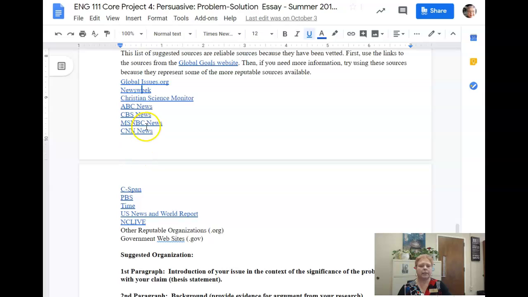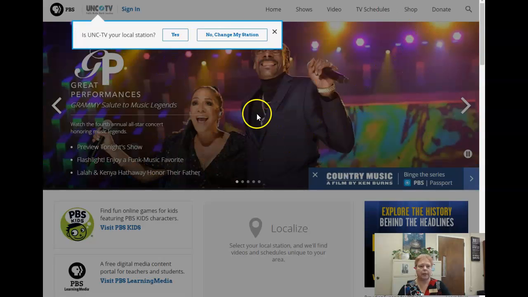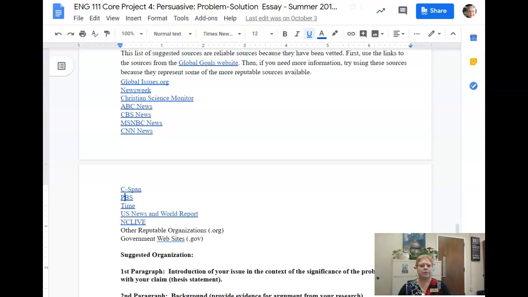So all these links, I checked them the other day with one of my face-to-face classes, and all these links are good links. They work. If you want to go to PBS, again, they have a World Focus on things at PBS. And again, they have their own search engine. So, use some of these sources,